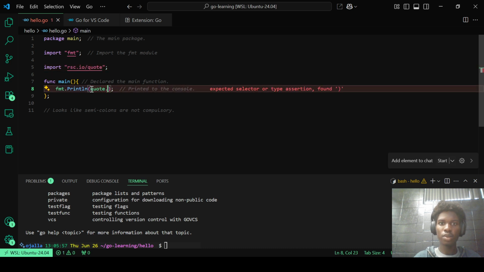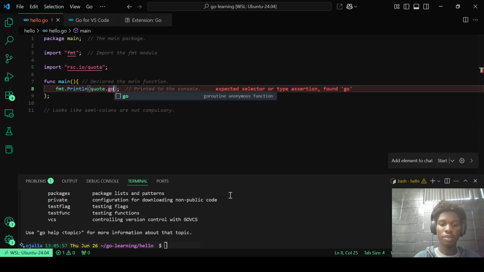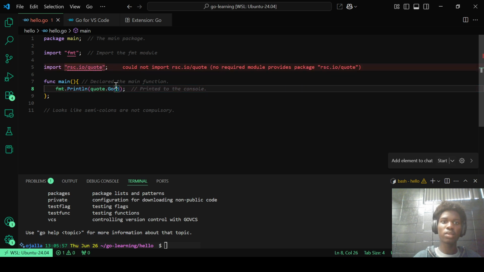Yes, quote.Go. Is this a function or is it Geo? Nope, it seems to be Go. Or what do we have in our clipboard? Okay, quote.Go with an uppercase G. So quote.Go, and let's see what this does. It's a function, so we're calling it. It says no required module provides it, so if we run it, it looks like we'll have an error: could not import rsc.io/quote, no required module provides package. I think we haven't actually explicitly added it, like how we do in JavaScript where we could run